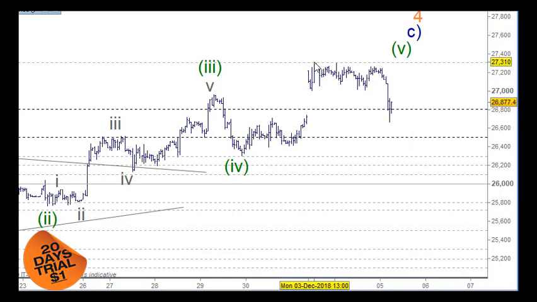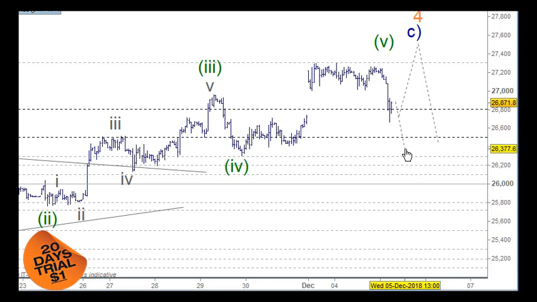Yeah, it's funny because that's the high here, and then all this here is corrective. We've got this 1 and 2 here. Okay, I'll have to sort of figure that out. But there could be another, until this technically moves lower through here. I mean, we could still have one more little push here for this and then down. But otherwise, we'll just move down through here. But I'm not too worried.